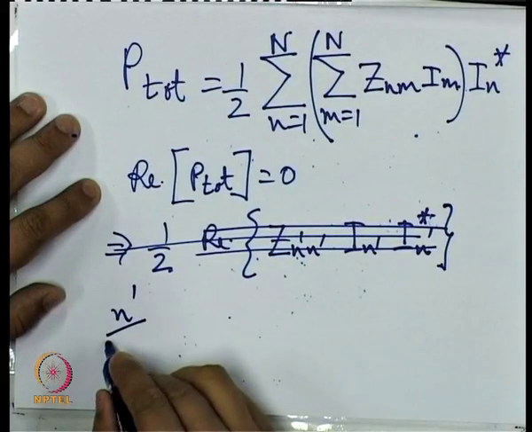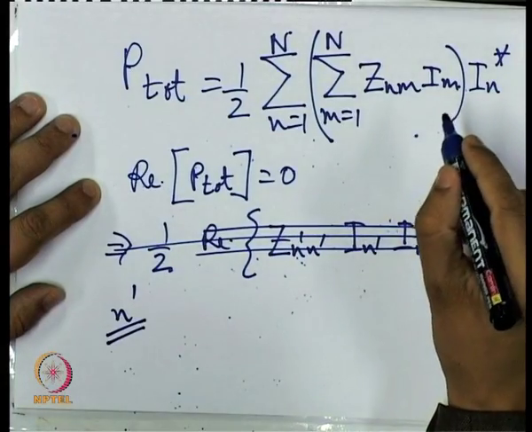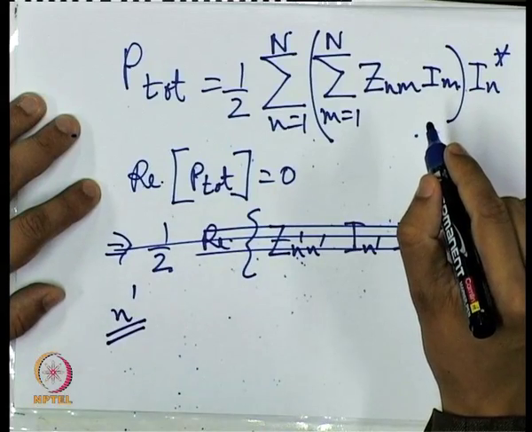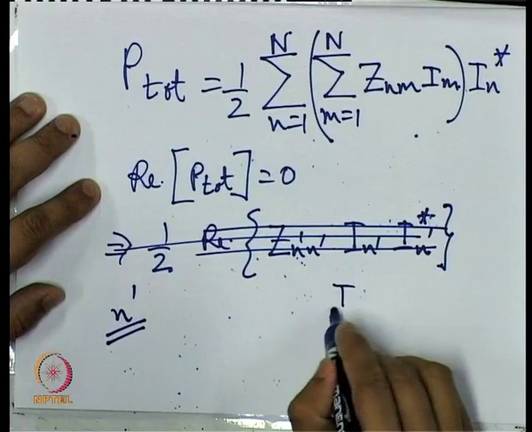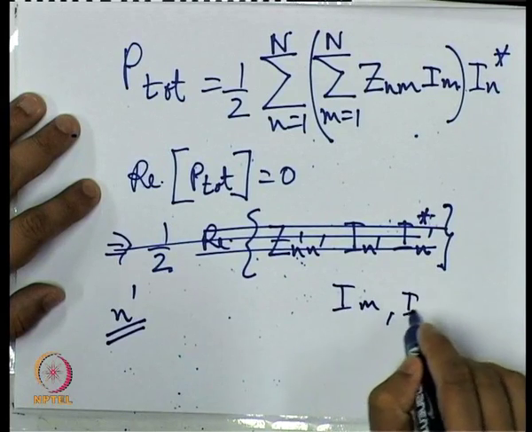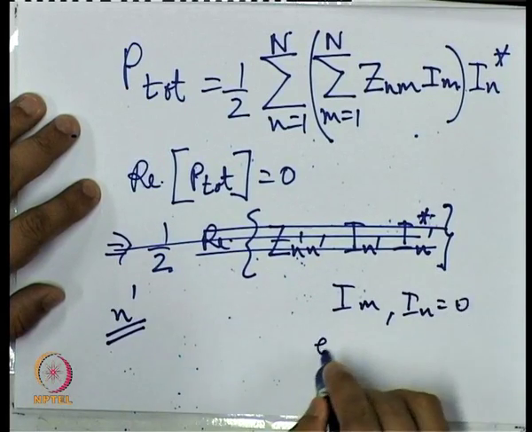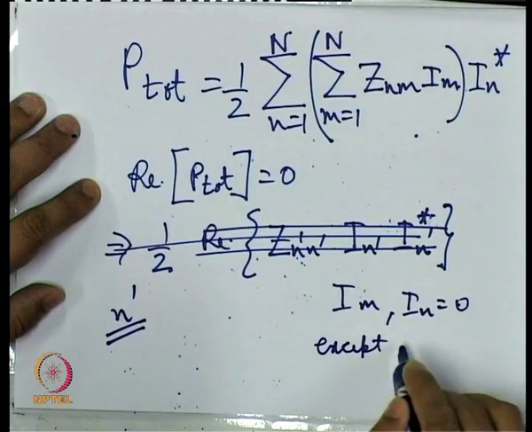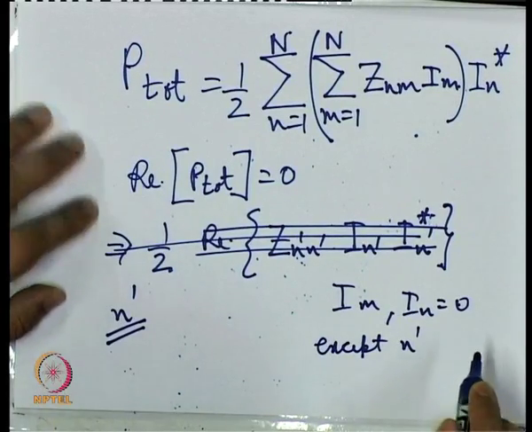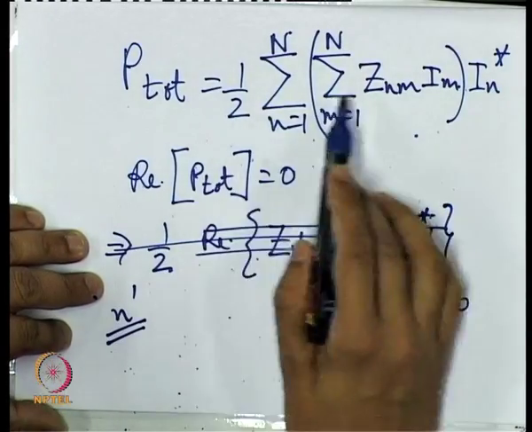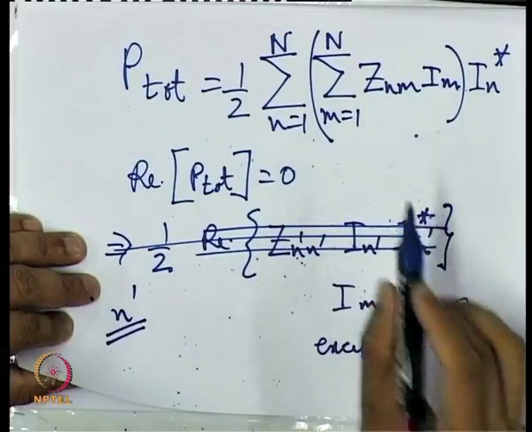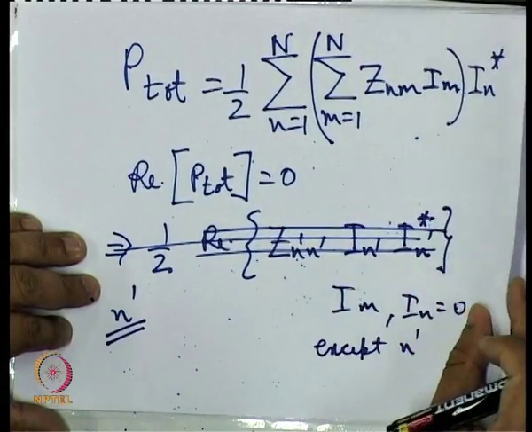So only the current in port N dash is non-zero, and all other Im or In are equal to 0 except N dash. Now if we plug that condition into this equation, then what we get is that